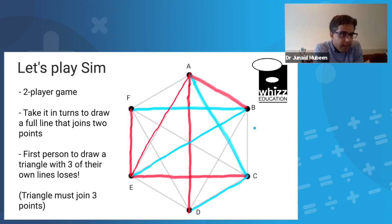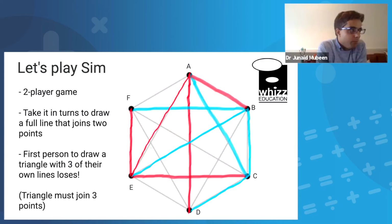Let's see. I'm going to go B to C, I think. Okay. Oh, right. I really want everyone to be attentive because I think we're getting to a point where it feels like it's very hard to avoid the triangle. So see if anyone can spot it when it happens. But I think I'm okay there. I think I'm okay. Right. I know to avoid ED. Avoid that one. So...